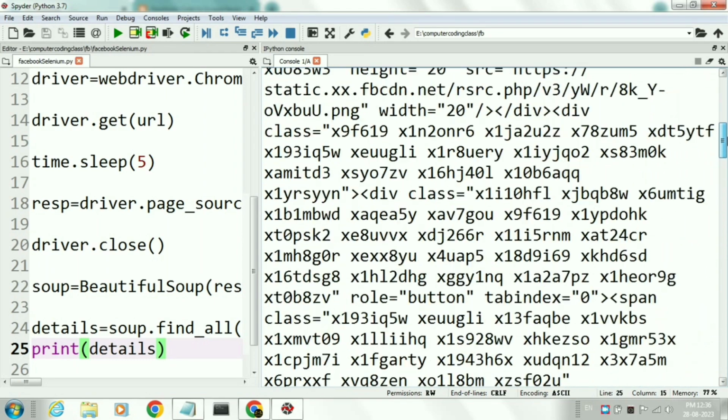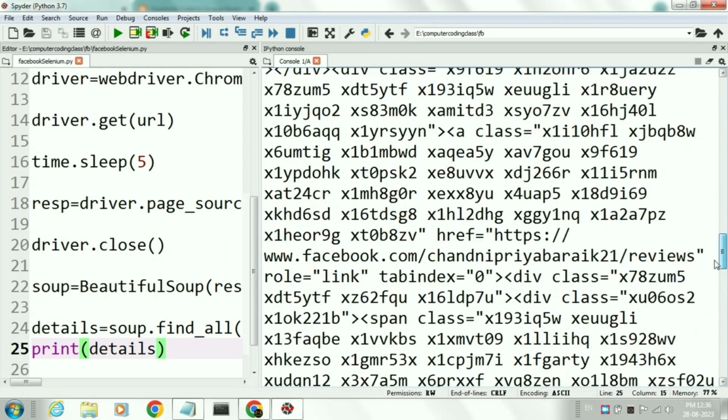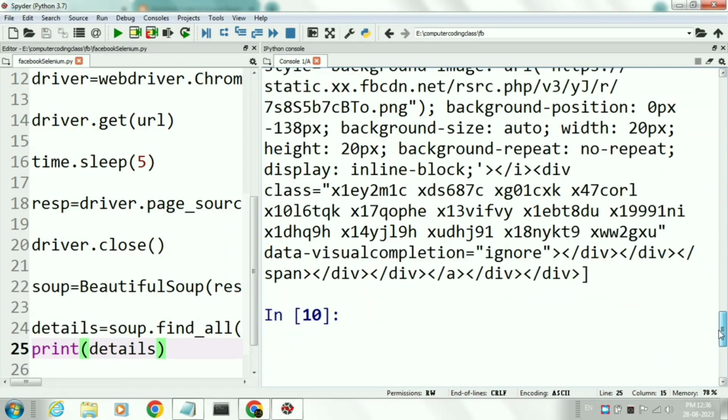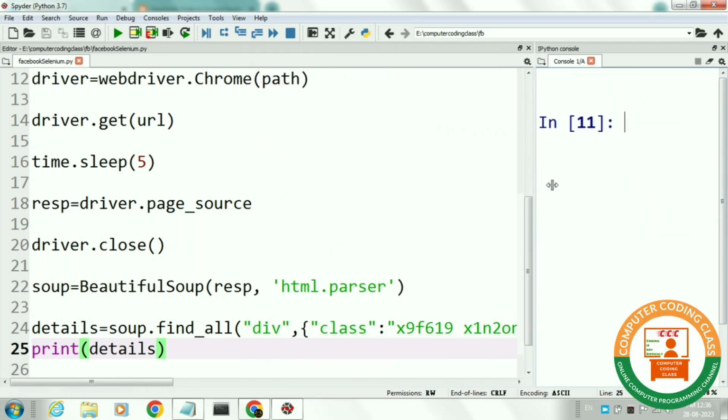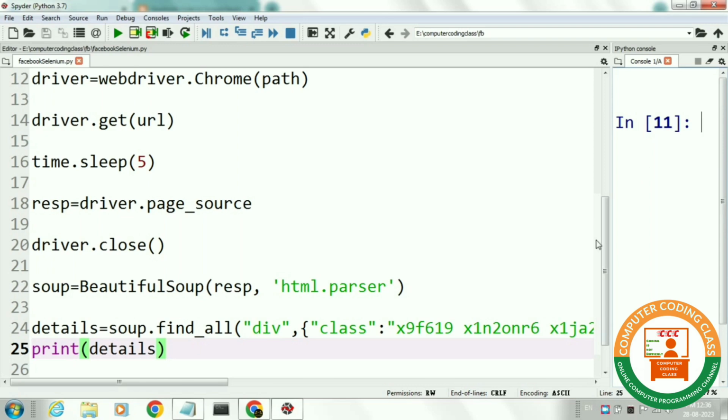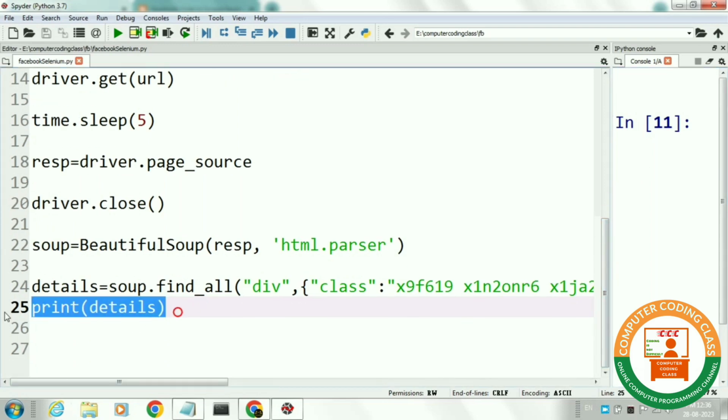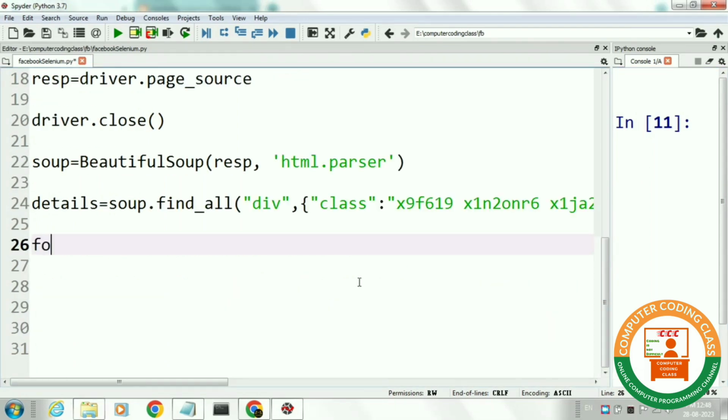Still, it is showing our result in generalized form. Next, we will have to scrape specific information from this data. For specific information, we will search for some special characters.